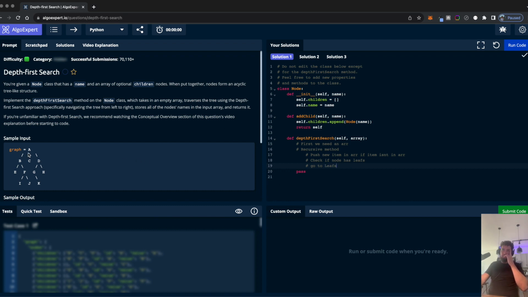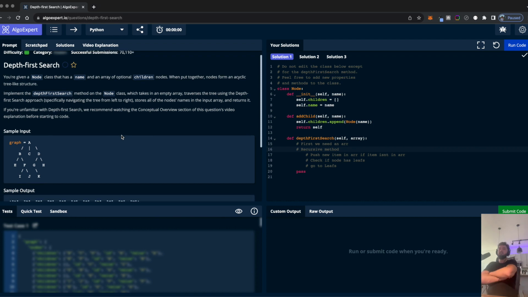So this is my understanding, right? We need to build an array. And what is this recursive method going to take? Guys, this is tough. I think it's going to need the array to keep going through. So it's going to need the array passed in and then also our new array to check if that node already exists, I think.